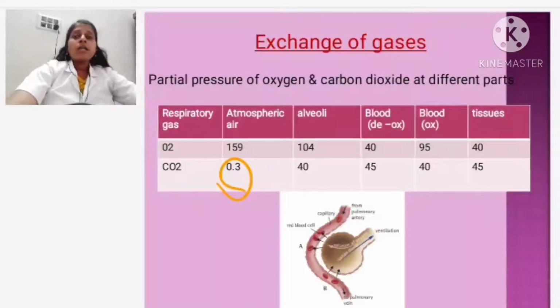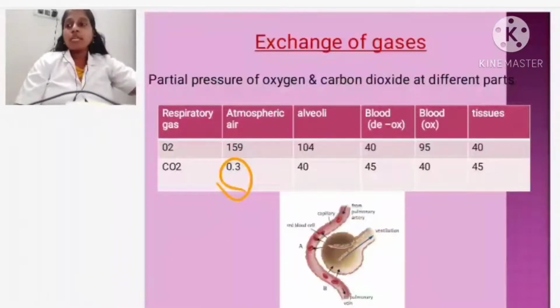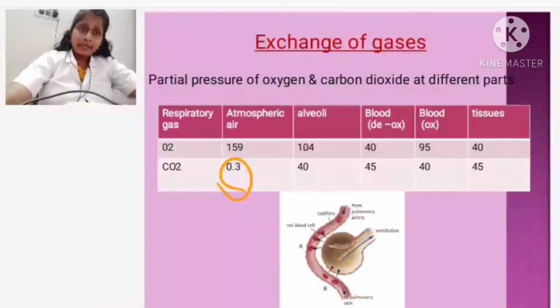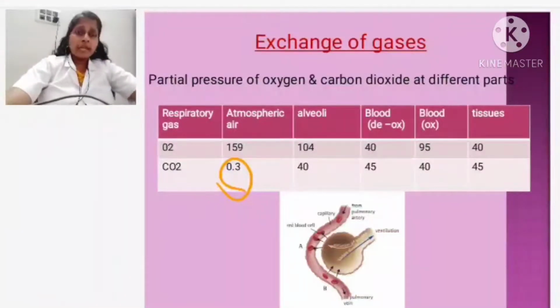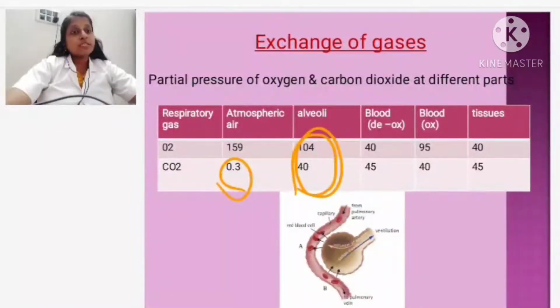Okay. Now, when you are moving into the alveoli, from outside the air is getting in, and after getting in, where is it moving? It is moving through the nostril, through the nasal chamber. So, some of the air and particles get trapped everywhere, isn't it? Thereafter it is moving where? It is moving into the bronchi, then it will be coming to the lungs. In the lungs, at last it is reaching what? The alveoli. So, when it is reaching the alveoli, the air present in the alveoli, oxygen, when you are seeing it, it is